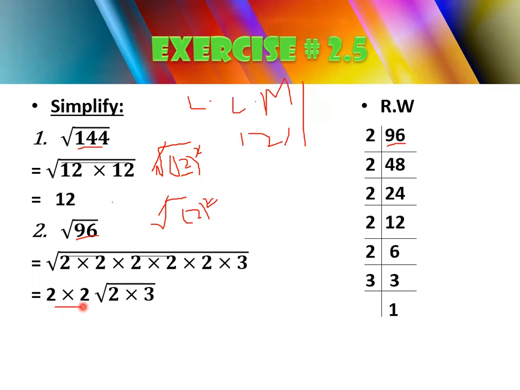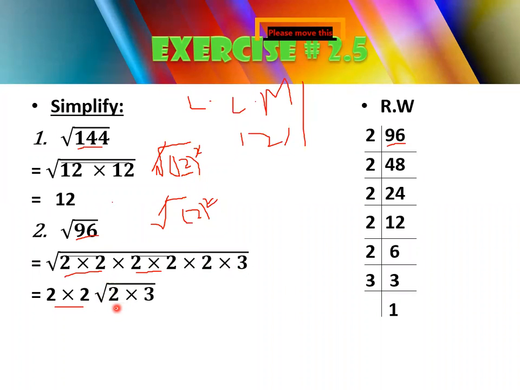Why are you taking it outside? Because these are the squares of the 4. So you are going to take it out outside of the square root, and you are going to multiply this 2 by 2. Why are we taking two numbers? Because here we have two pairs, and this pair cannot be made, and 2 and 3 cannot make another pair, so you will keep it inside the radical symbol.